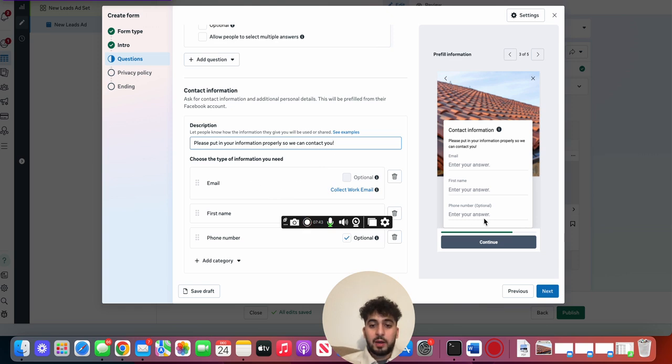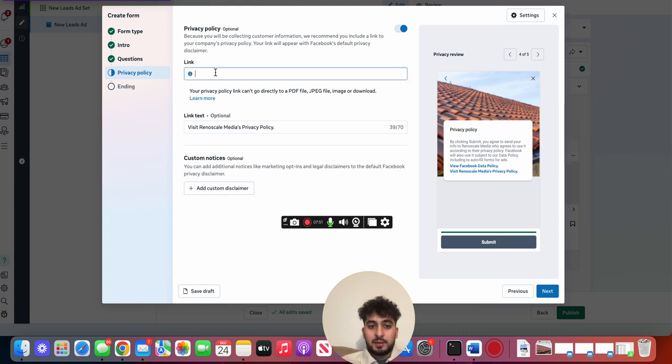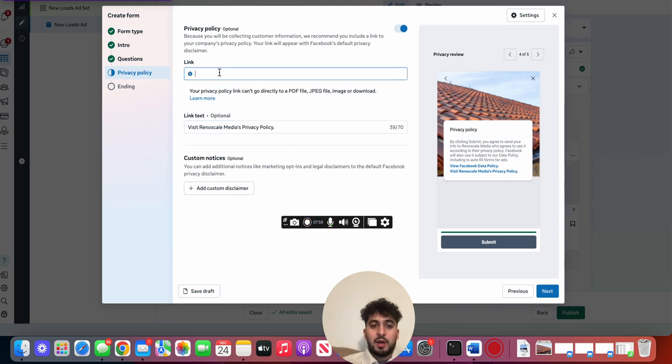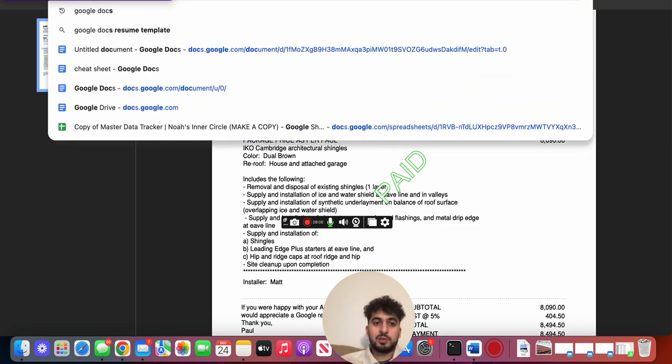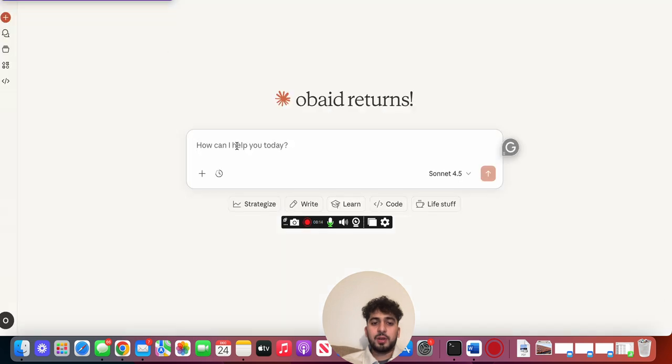Okay? Now after you press next, you have to put in the privacy policy, and since you're going to be a company, you need to do this. Okay? So let's say it's a company called Renoscale, which is my company, and you want to get a privacy policy link. This is how you actually do it. So you just go to Google Documents. Alright, just go on Google Docs. Okay, and then you go on any ChatGPT or AI. Alright, and just search up please write me a privacy policy